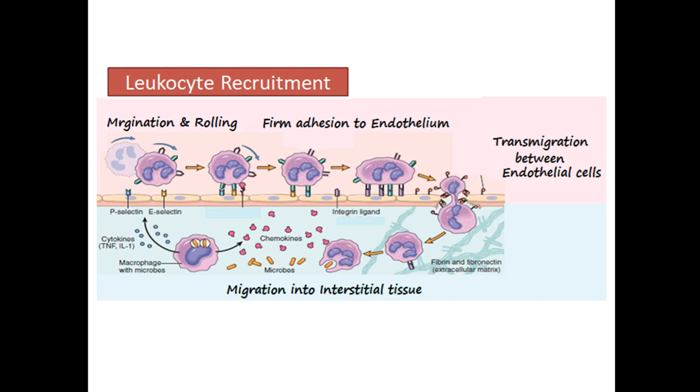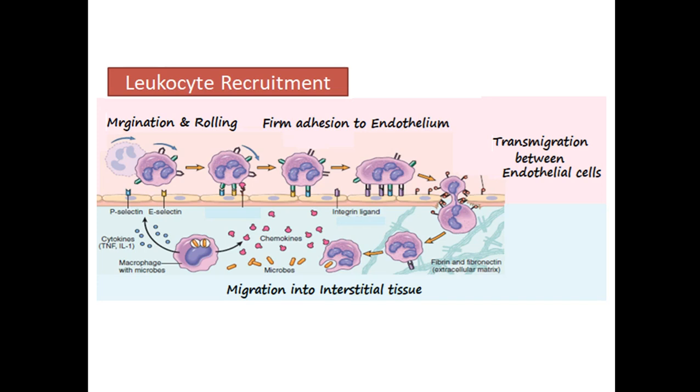Now, leukocyte recruitment. Leukocyte recruitment is a very important step. As I told you, normally the leukocytes flow in the central zone inside the blood vessel. But during vasodilation and increased permeability, when the speed of the blood flowing through the blood vessel is decreased, the leukocytes leave the central zone and come to flow in the peripheral zone of the blood vessel, and this we say is